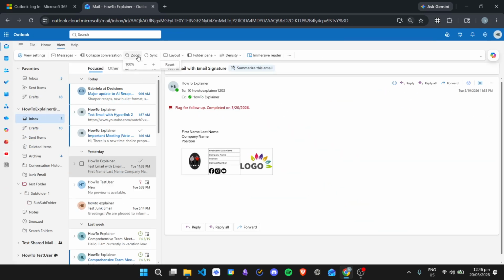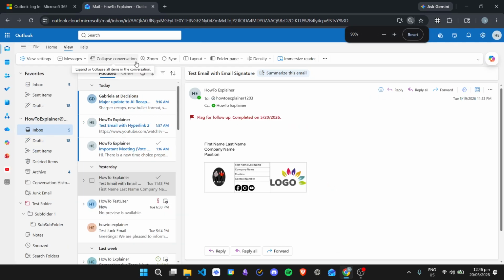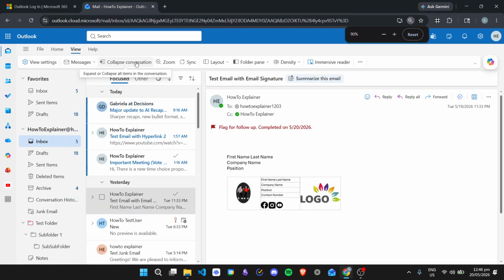So if you click this zoom button right here and then use the keyboard shortcuts, it still uses the browser right here. So that's another way of changing the email view. Either you can zoom in or out of the browser, or you can zoom in or out of that specific email itself. So let me just reset the size right here,